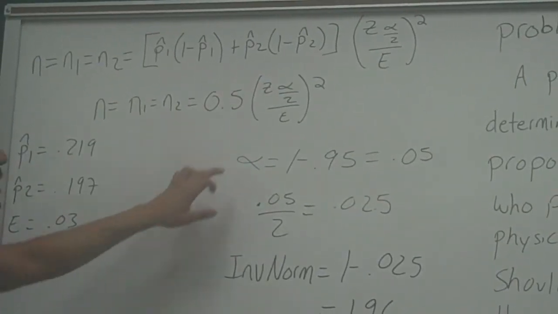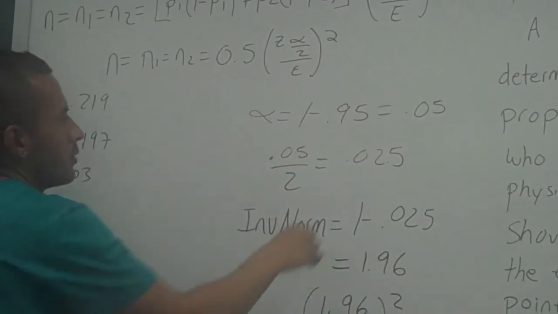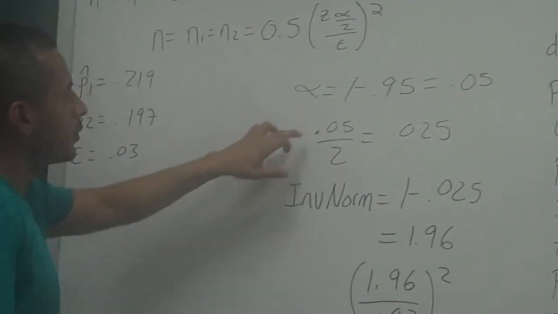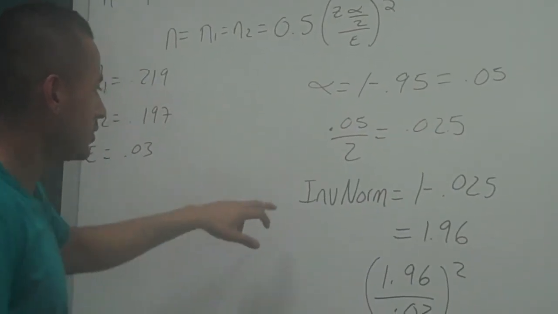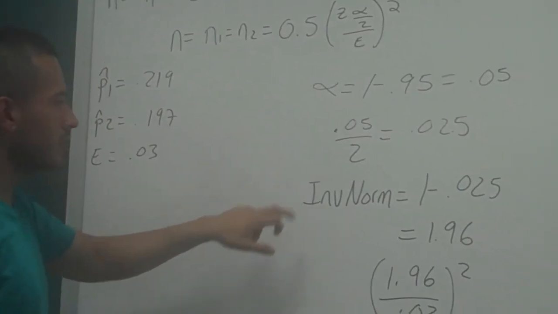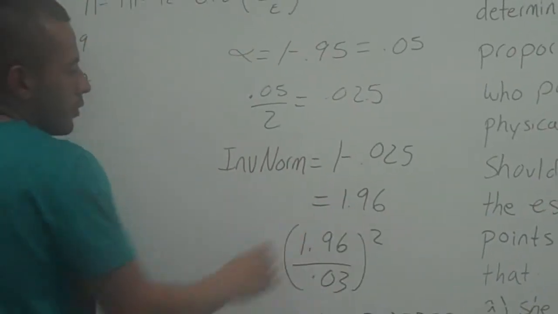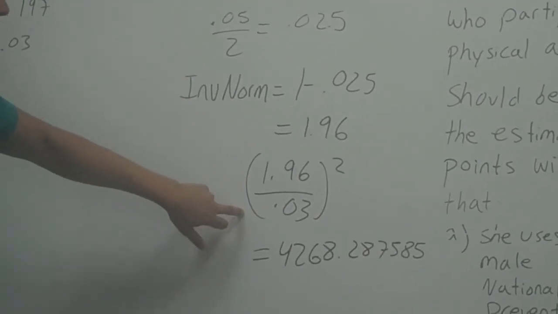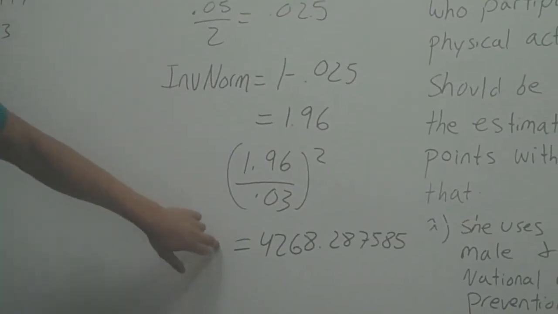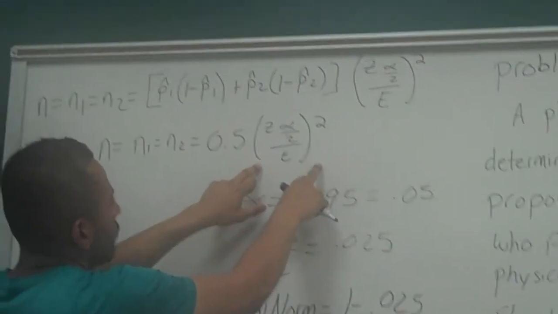Now we have to find alpha. To find alpha, we do 1 minus 0.95, which gives us 0.05. 0.05 divided by 2 is equal to 0.025. Then we would use our calculator function inverse norm, which equals 1 minus 0.025, which gives us 1.96. 1.96 divided by our margin of error squared will give us this value right here. And it's important to say this value right here because we can use it in the formula when we don't